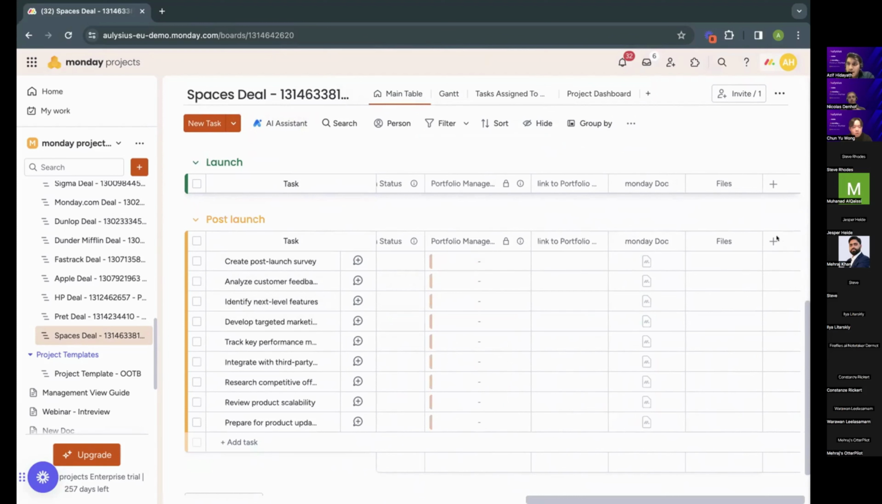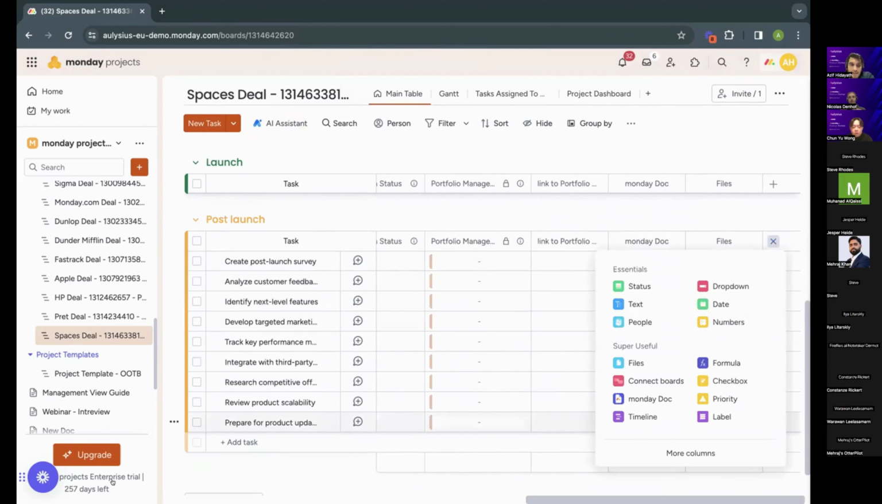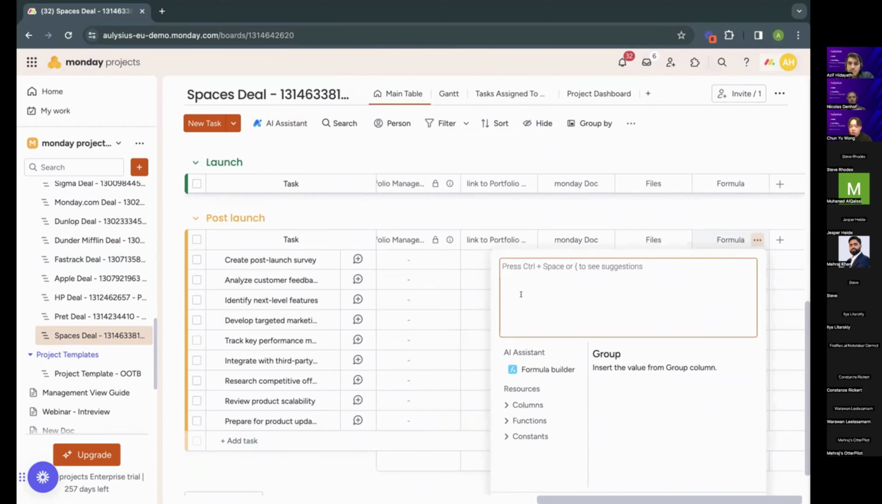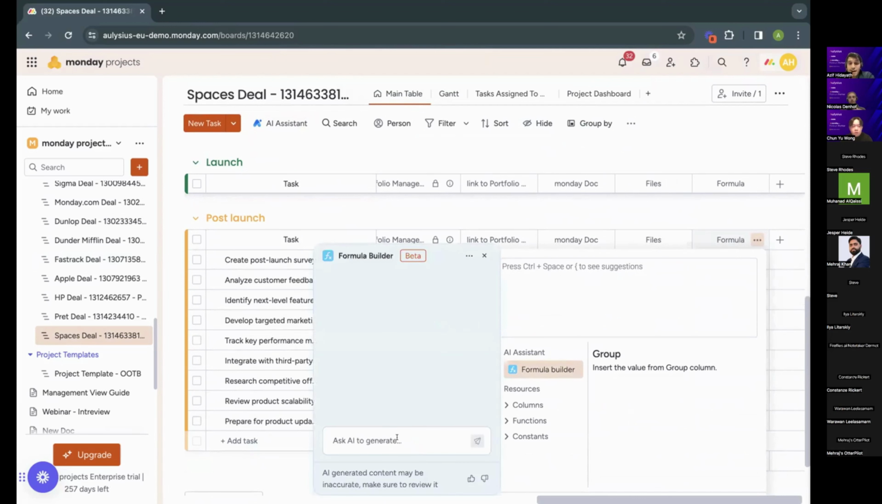Like I said, you have more than 50 different types of columns to choose from. I want to add a formula column here and type in a formula to calculate the days between my start and end date of the project. But then I want to use the AI again here, super useful. I don't have to look at the resources at all. So maybe ask it to